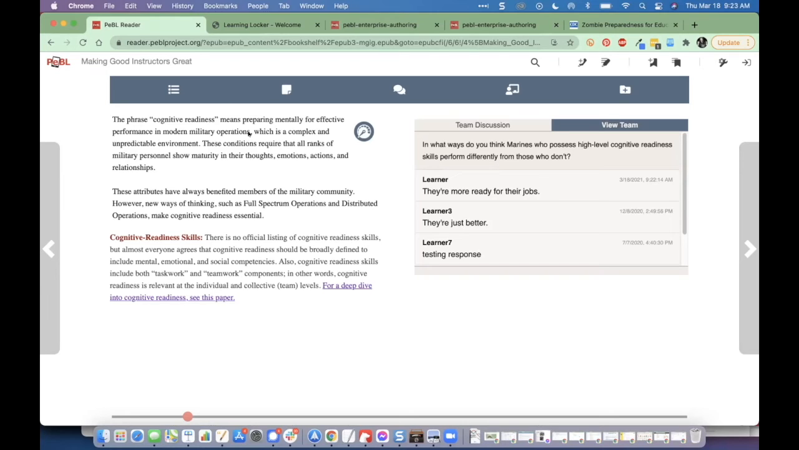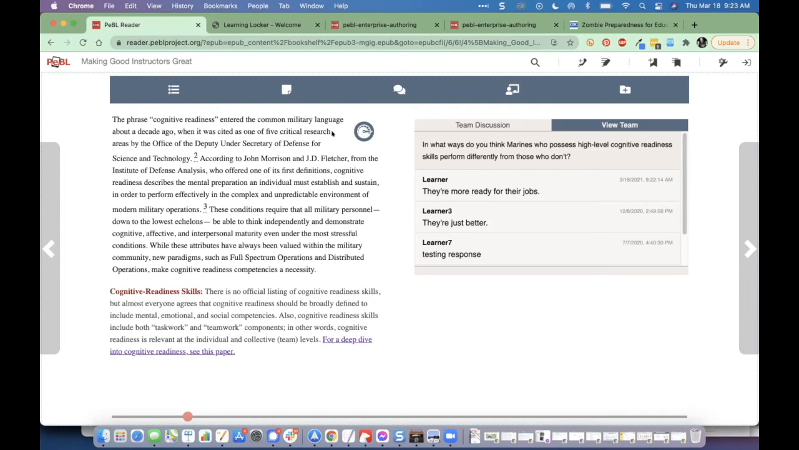And then we put them in what we call content morphing blocks. So this paragraph that you see right here is the basic version of the explanation of cognitive readiness, which is one of the key concepts in this section. And you see this little dial over to the right. And we didn't teach anybody how to do this, but they noticed that there's a dial that you can dial up